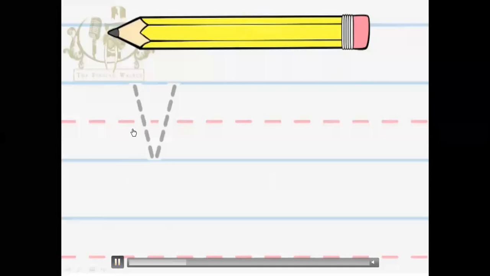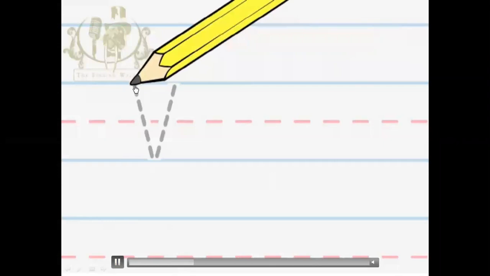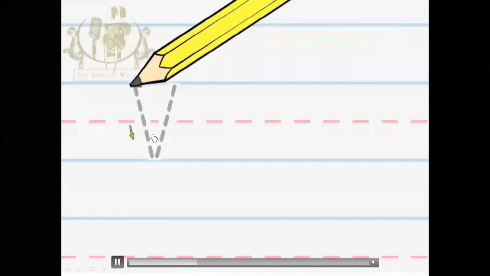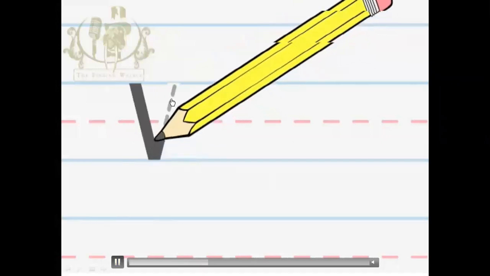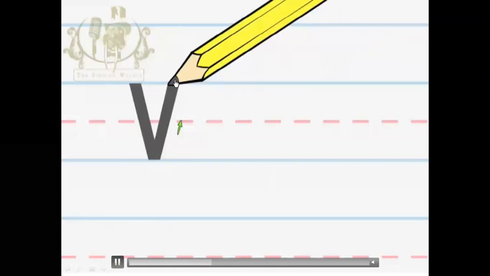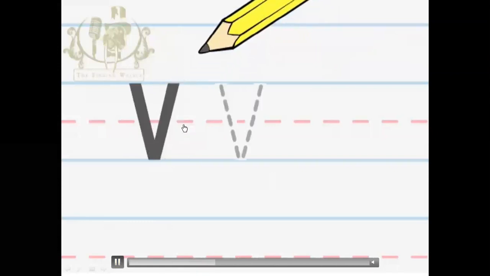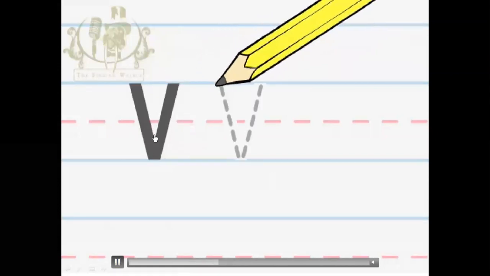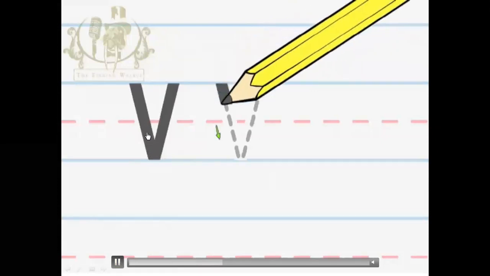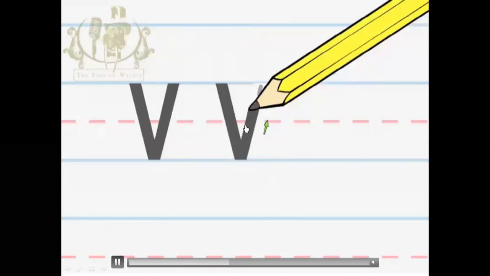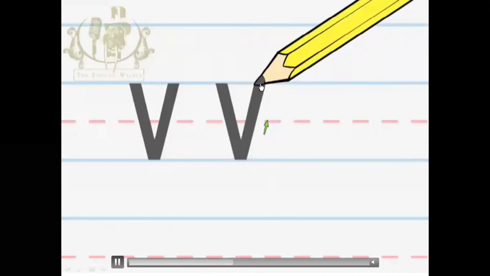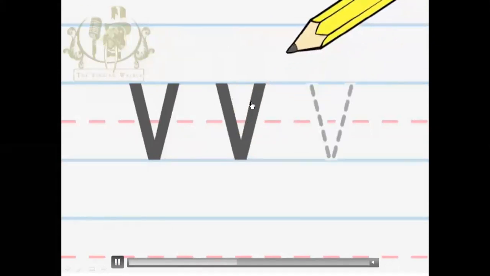This is letter V. Letter V. Start from the top, come down, just like a slanting line. Then from the bottom to the top, the first line from where you started, okay? You must need a 3-line copy, okay? And this is called capital letter V. Again, start from the top, come to the bottom, then from the bottom to the top. Just two slanting lines opposite to each other.